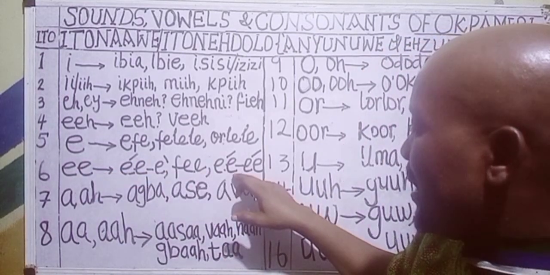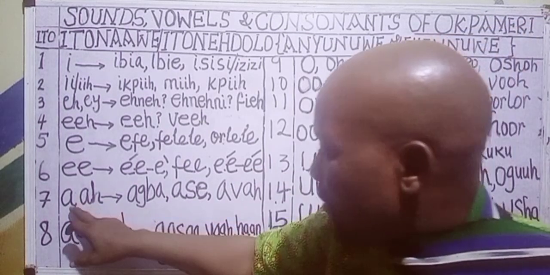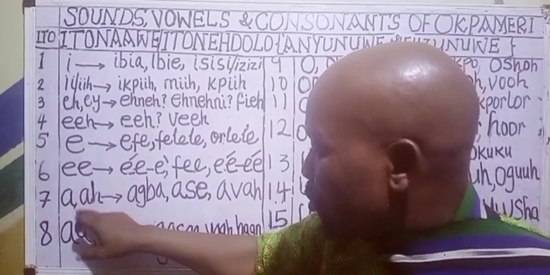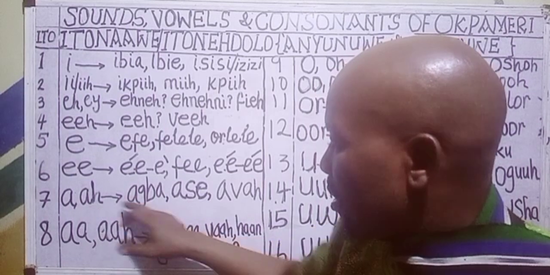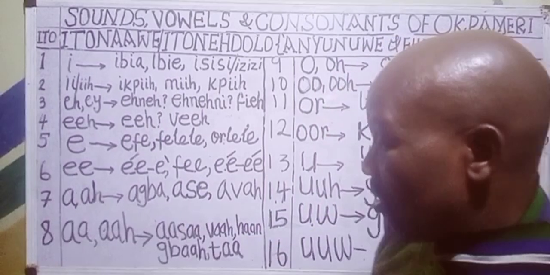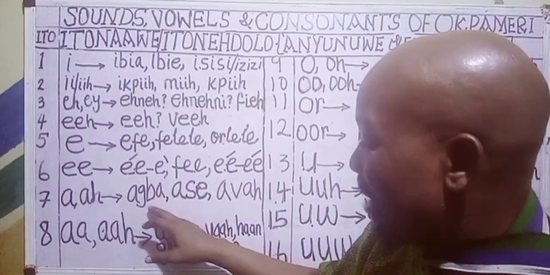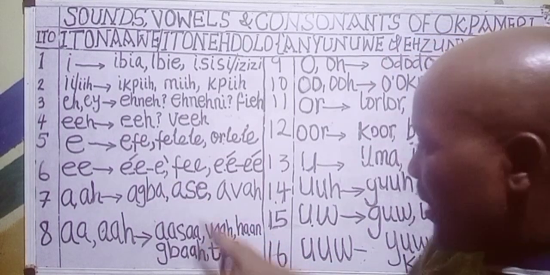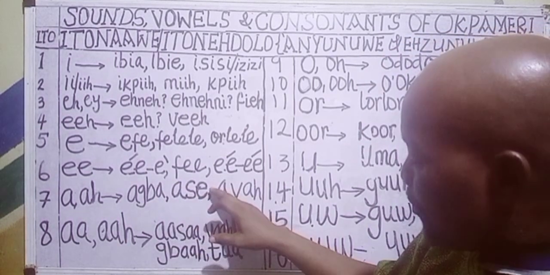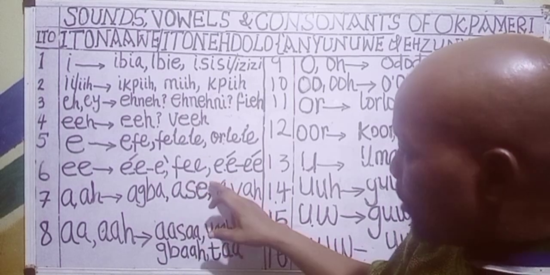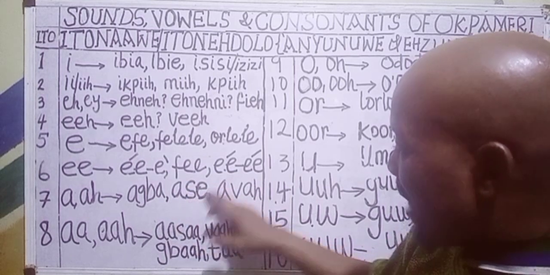And then we have a. A is written like this, or ah. The H is optional. It's to make it very clear. Agba. If you put H here, fine. Se. You see, we didn't put H here because if we put H here, people will pronounce it as asi,